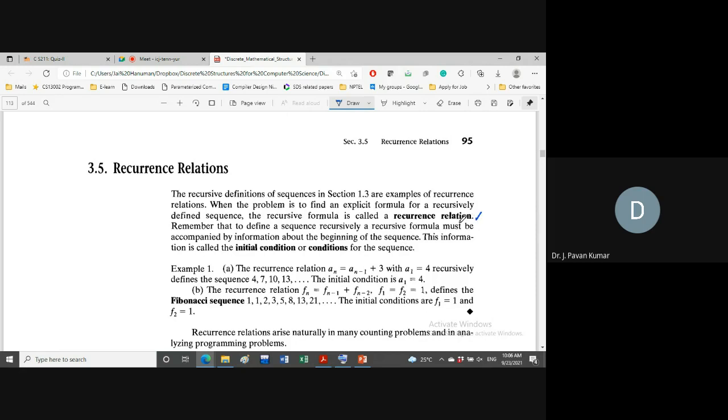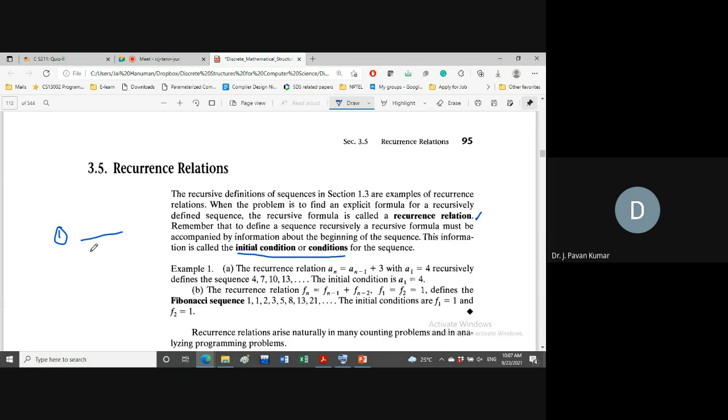Now for the recurrence relation, we will in general have initial conditions or initial values. Now how can we solve it, how can we get the explicit formula? If you have an explicit formula, straight away we are able to obtain the nth term in the sequence without calculating the previous terms. That is the advantage. That's why we wanted to find the explicit formula for the sequence. Starting from the recurrence relation, one of the methods is the substitution method, which can be called backtracking as well.